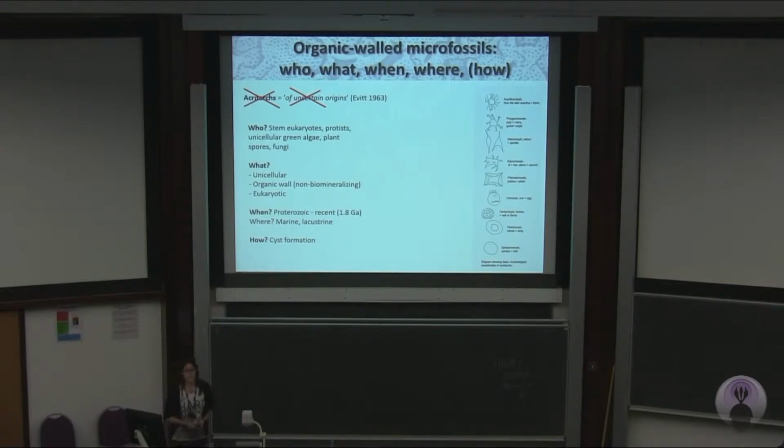So what are they? We know they're unicellular. They have an organic wall, which may have various morphological elements, and they're eukaryotic, meaning that they would be a bit more complicated than you would expect from a bacterial fossil. They have a very long stratigraphic range from Proterozoic to recent, and they occur in aquatic environments. So how would these organisms be formed essentially? And